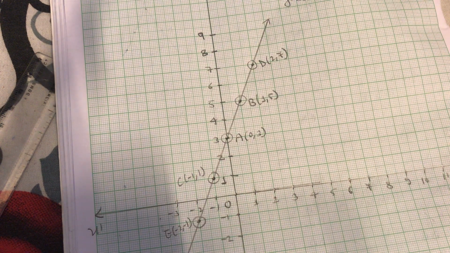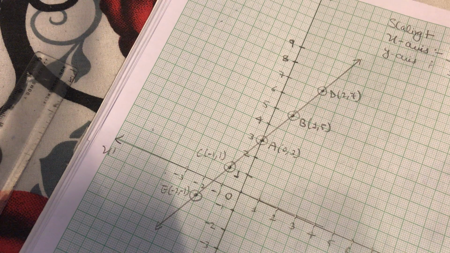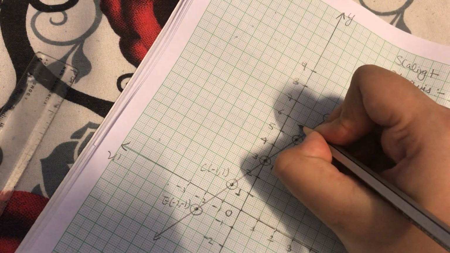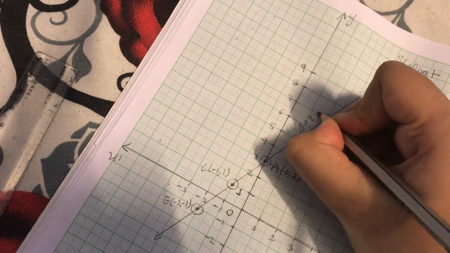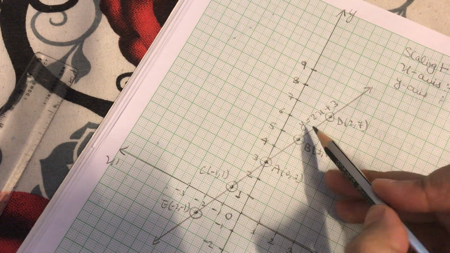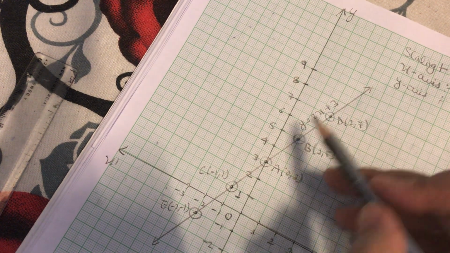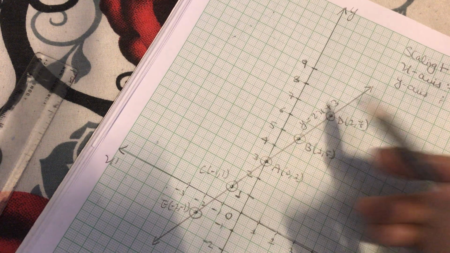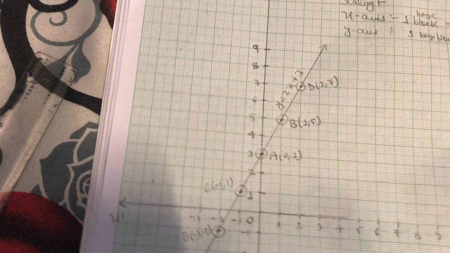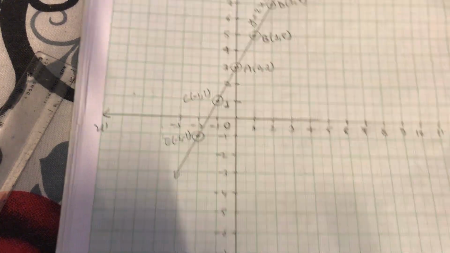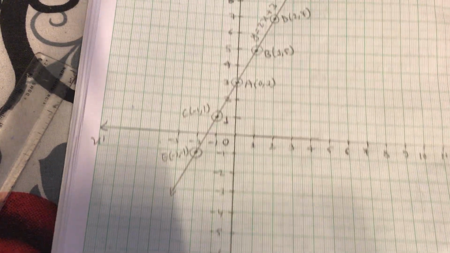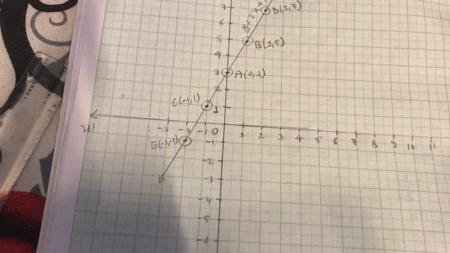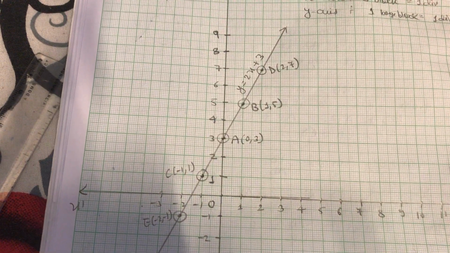So this is my line and this is the graph. This is the line of equation y equals 2x plus 3. That also I'll write at the top, so that it shows that this straight line is for the given equation, y equals 2x plus 3. So this is a way to represent a linear equation in two variables graphically. So this is how we represent.